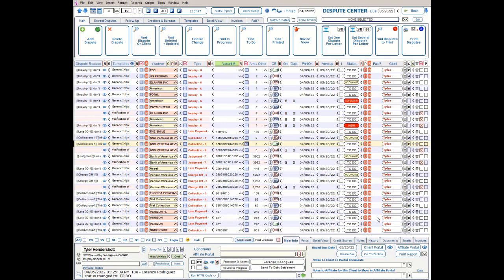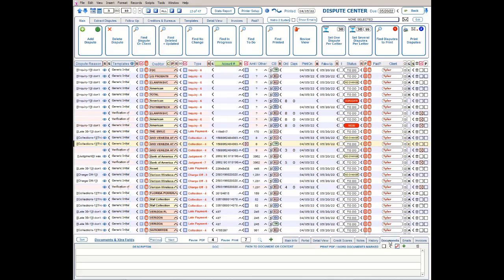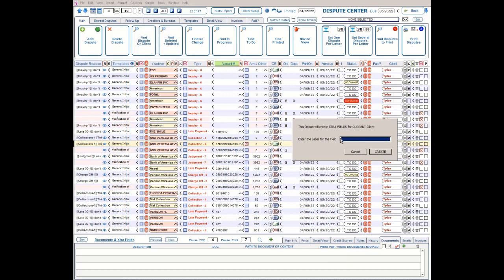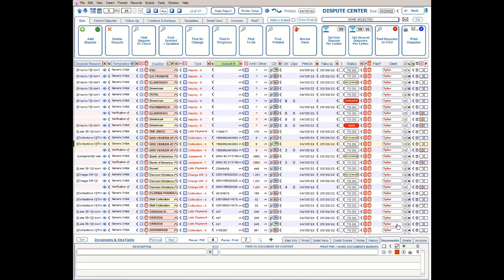Now, if you want to print documents, they must be in PDF form, and the way to do it is like this. You will click the Documents tab here. You will click the Add button here. You can put in a label here if you want, or the label will be assigned automatically. Once we have the row, the new document space, so to speak,